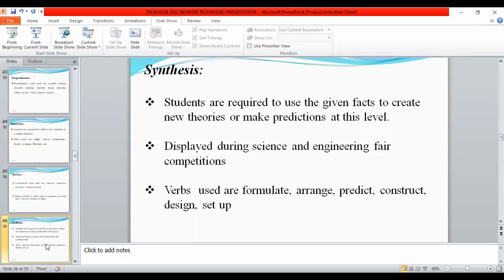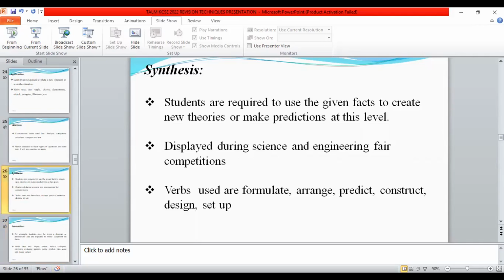And that's why, for example, you find that if you have any candidate who has been able to make it up to the nationals level in the science and engineering fair, you'll find that those students automatically do very well because they are able to answer questions on this high level of learning. In synthesis level, you find the verbs which are normally used in setting questions, verbs like predict. When students are told to predict, to construct, for example, a dichotomous key, you have seen what is happening because our students have not practiced on that.